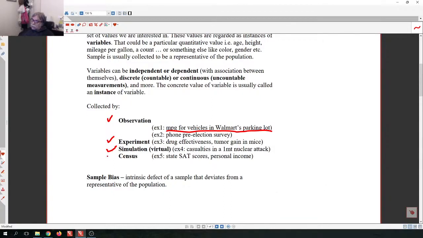We could also collect the data by way of census, which means complete collection of all of the population data. Now that is usually impossible. Sometimes it is possible. When we are collecting SAT scores, there is a company in New Jersey, Educational Testing Services, and they have all of the SAT scores, so we can have all of the SAT scores rather than having just a portion of it. But sometimes it's not possible, and the government does spend a large amount of money to